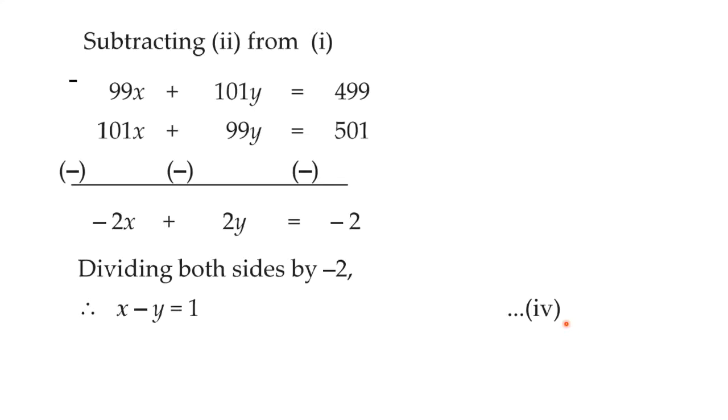So when we added and when we subtracted, what we understood is that these two bigger equations we have converted to simple equations. First is x plus y is equal to 5 and second one is x minus y is equal to 1. So now we have to think of elimination only. Since we have plus y here and minus y there, if we add 3 and 4, y will get eliminated. So again add, subtract, add; that is why this is called ASA. So again we will add equations 3 and 4.